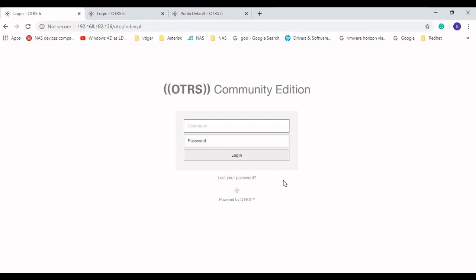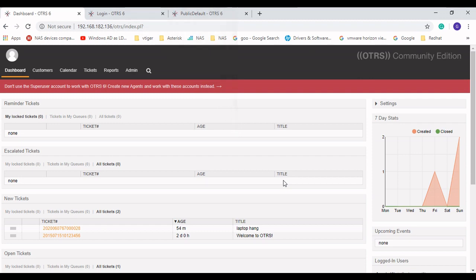Welcome to the video. In this video tutorial, I'll show you the dashboard overview of OTRS Community Edition. So let's go ahead and log in with the root username and password. After successfully logging in,